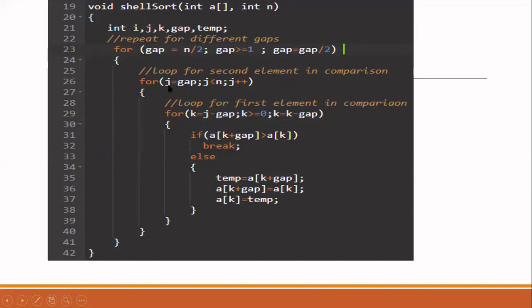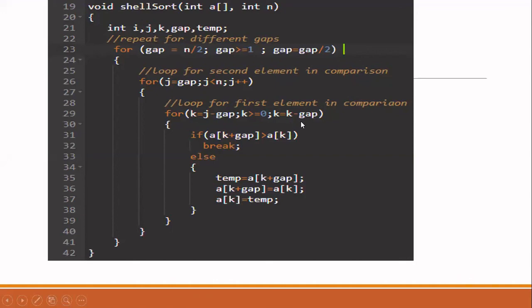K is nothing but j minus gap. Likewise, you are going to continue. Every time, the next value of k is whatever the previous value of k is, minus gap.